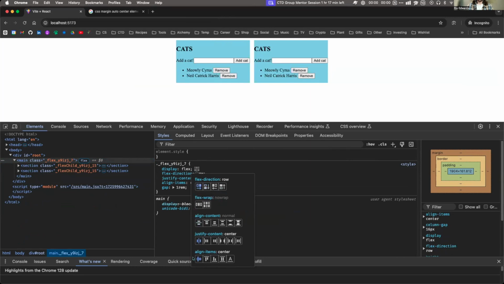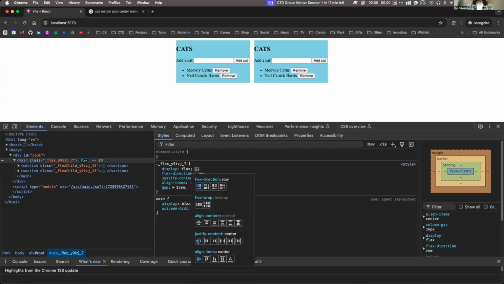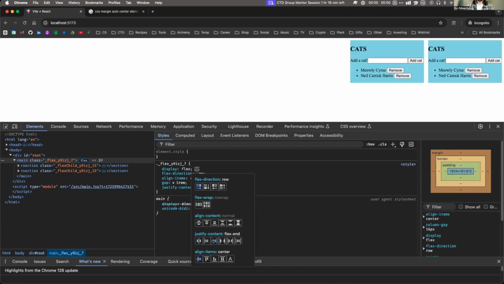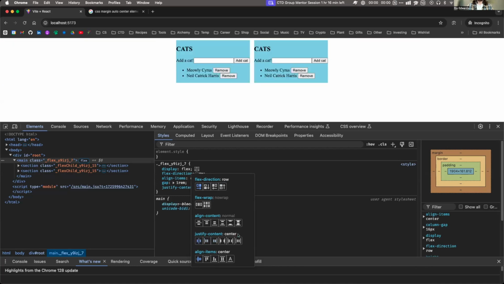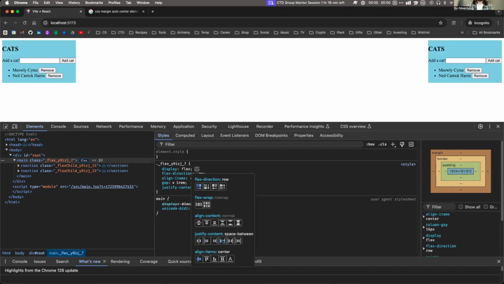Let's do justify content. When the flex direction is row, justify content changes its position along the x-axis. So I can do justify content center, which centers it, flex start, flex end, space between,